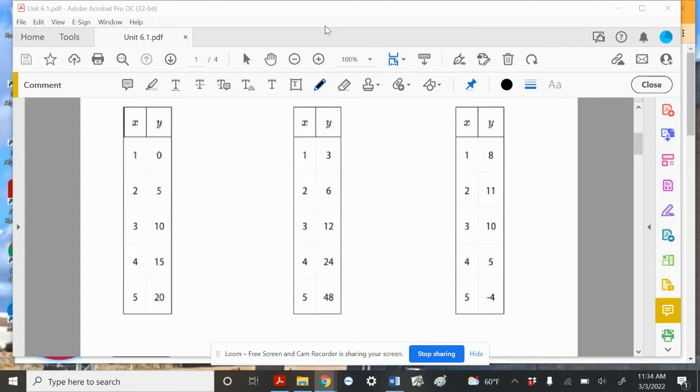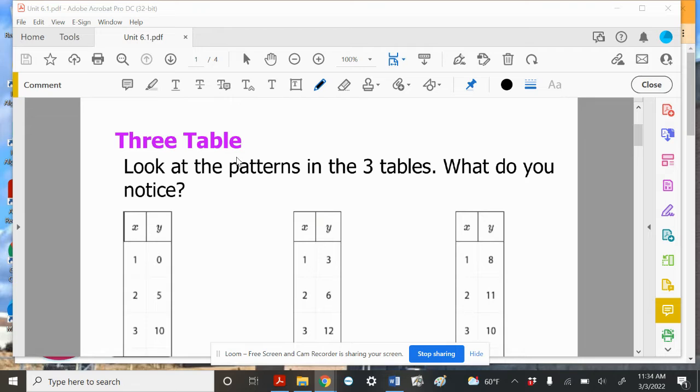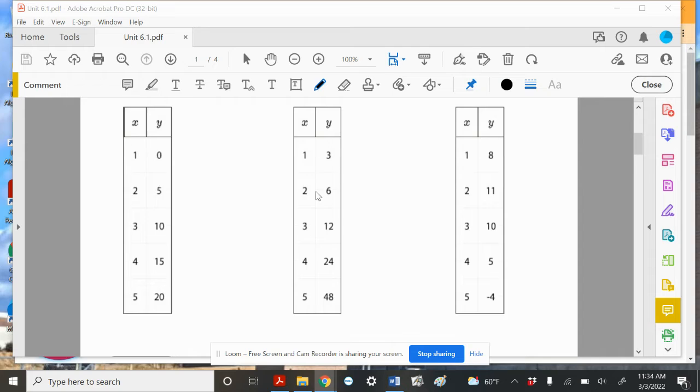Now we're moving on to the next unit, which is unit 6, and we're going to start looking at these things called quadratics. So in the first part of the lesson, we're looking at patterns. We're going to be looking at these three tables, and we're going to see if there's a pattern that exists here. So notice here that as x increases, so x goes 1, 2, 3, 4, 5, y also increases, and you'll notice that it also increases by the same number. So it increases by 5, then it increases by 10, then it increases by 15, then it increases by 20,